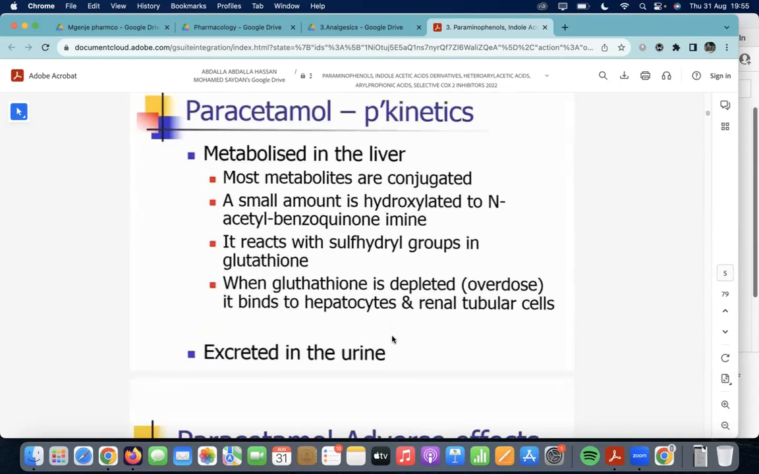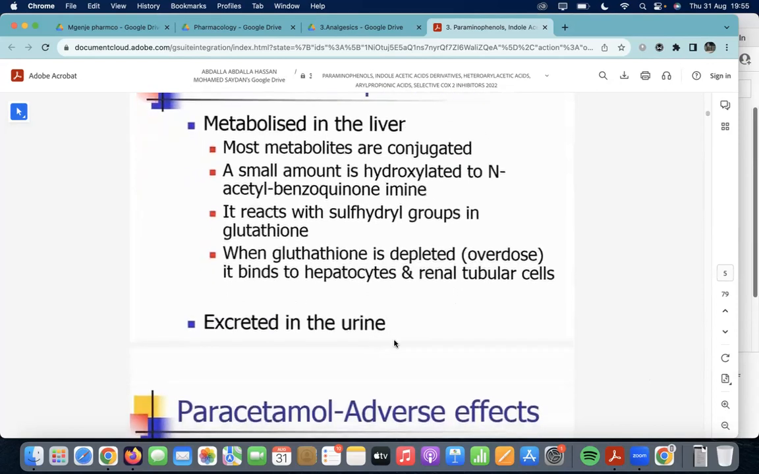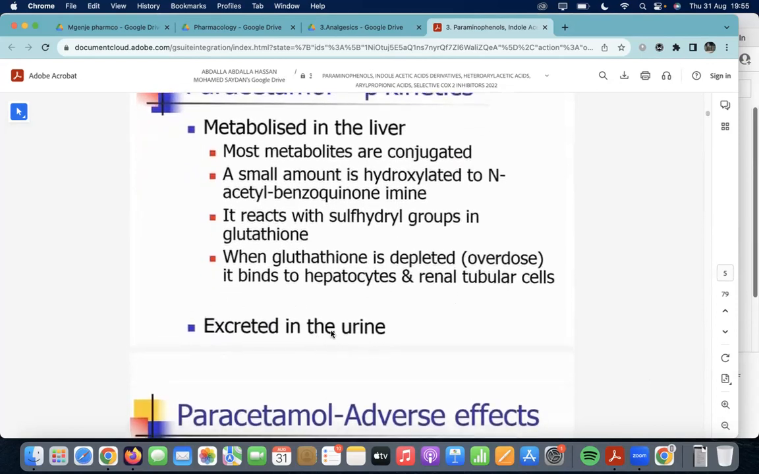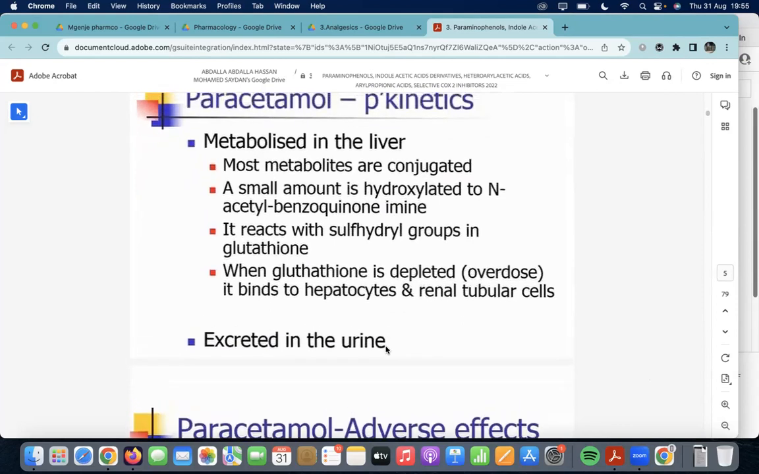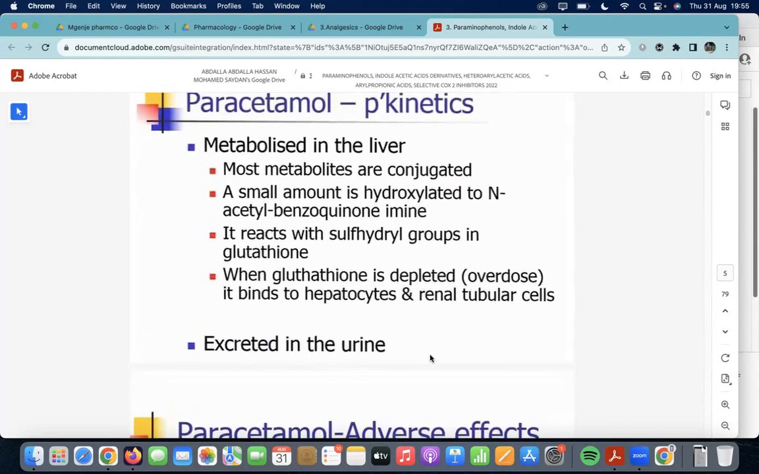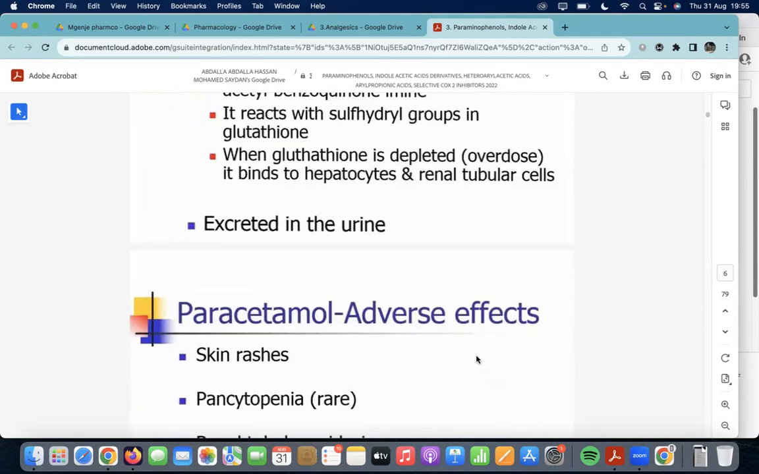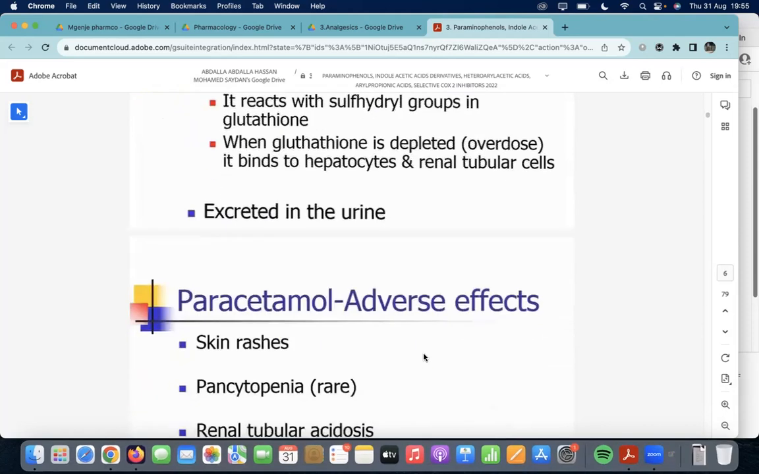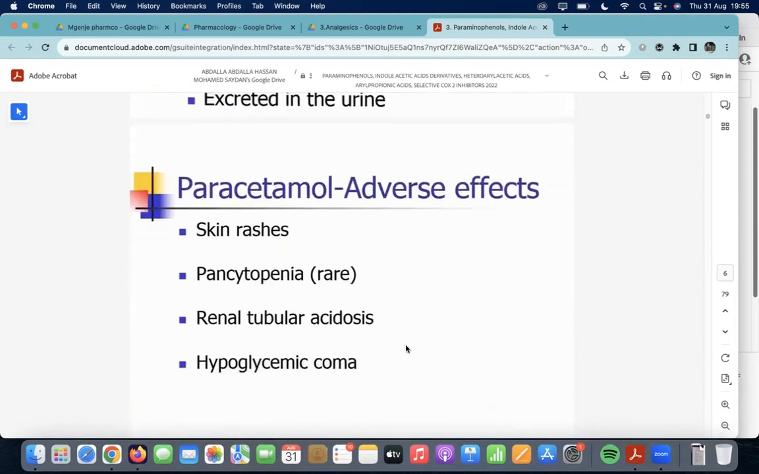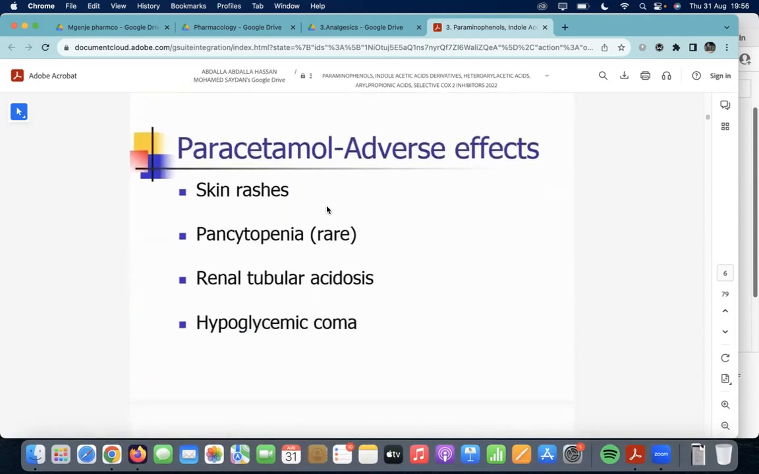So paracetamol is excreted in the urine. Okay, that's a key point to note, because some drugs are not excreted in the urine, others are just excreted in feces primarily. Okay, and paracetamol adverse effects, we have skin rashes, pancytopenia, though it's rare, renal tubular acidosis,